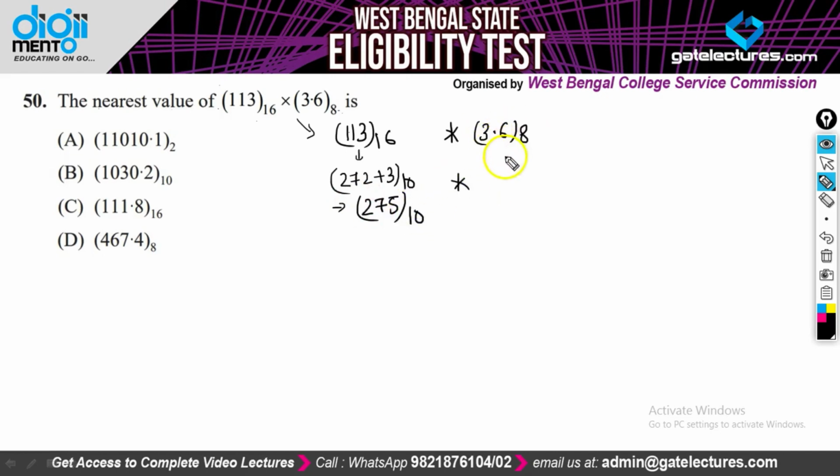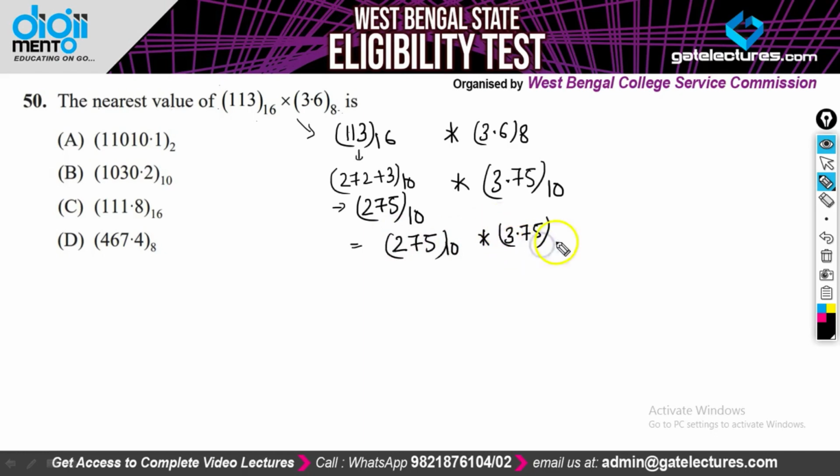And 3.6 base 8 is 3 and 6 by 8, which is 3 by 4, so it's 3.75 in base 10. Alright, so if we calculate 275 base 10 into